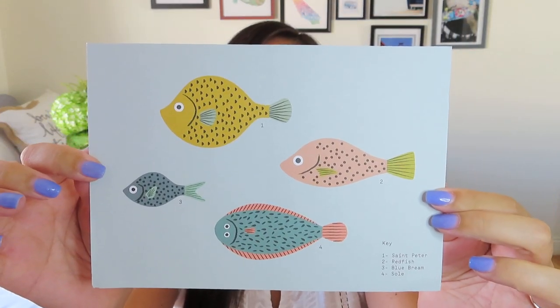I think they're cute, but I'm not a huge fan of when they send prints, which I feel like every other month we'll get a nice print. Usually the quality is pretty good. I wish they would put it on a piece of cardboard so that it doesn't get dented up, or the corners get a little bit squished sometimes. But for me, that's not really a functional piece. So this is another box where I feel like it's a tiny bit light. I wish that there was one more item in it, and then it would feel a little bit more complete. But let me just go